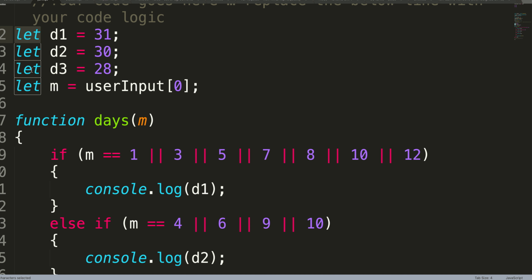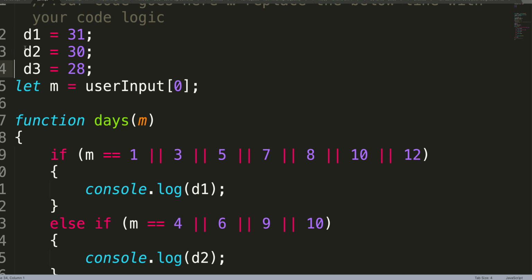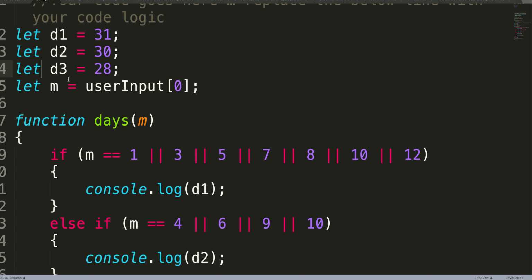So he has declared 3 variables. Initially, he did it like this. Ideally, always use let. Don't declare without it; it will work, JavaScript will not say anything, but it should be either let or var. The preferred one is let, always use let. He is smart enough to identify 3 different values in the 12 months, and he has put them as values.